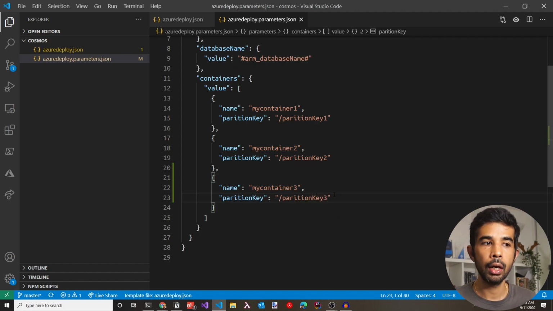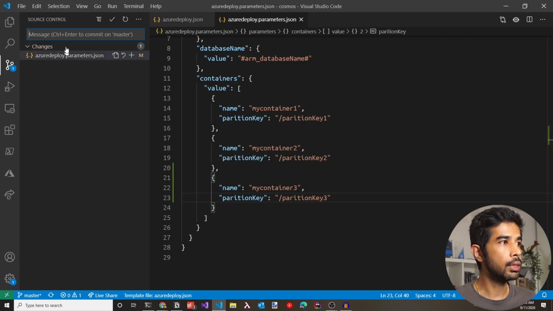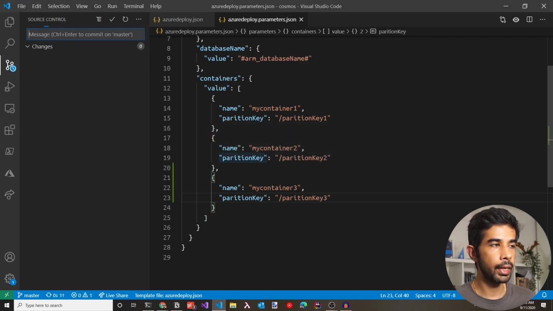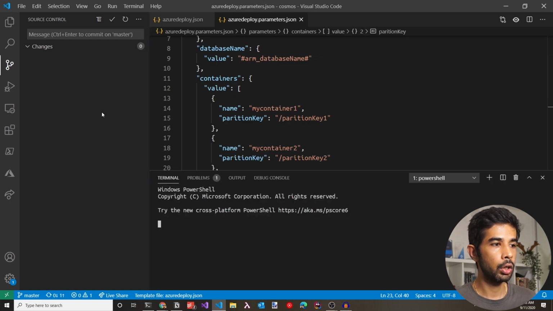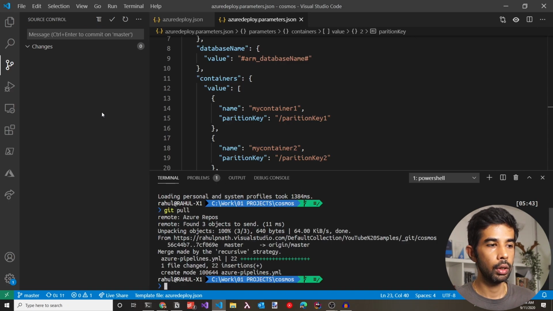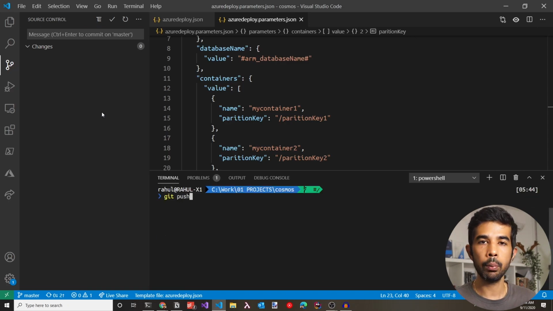So we've added a new container while we are building our application. Let's commit this. You can also do that from Visual Studio Code. So let's say added container 3 and commit this. So let's say yes. Before we push this, we need to pull down the changes that we added to the repository, which is adding the YML file for the build template. So let's make sure to do a git pull and then push up the changes that we just added.